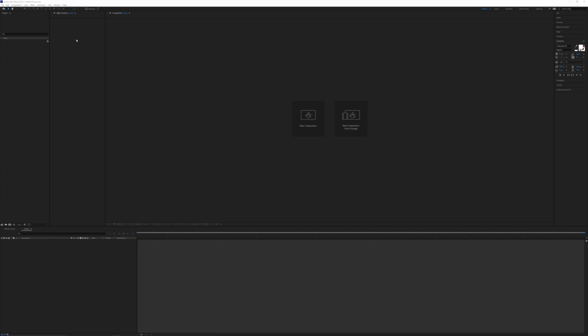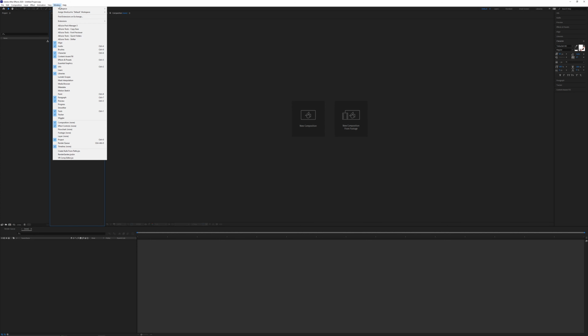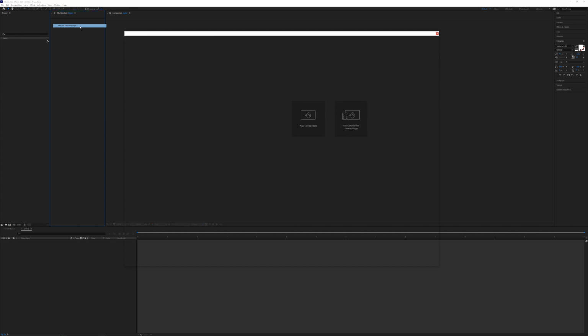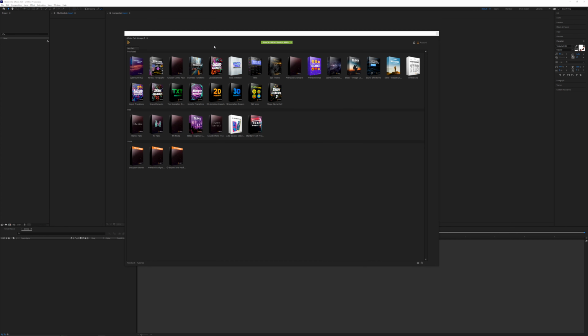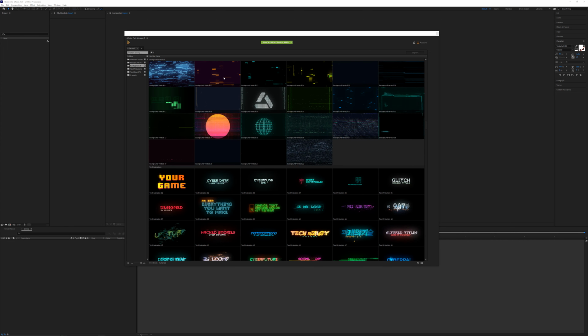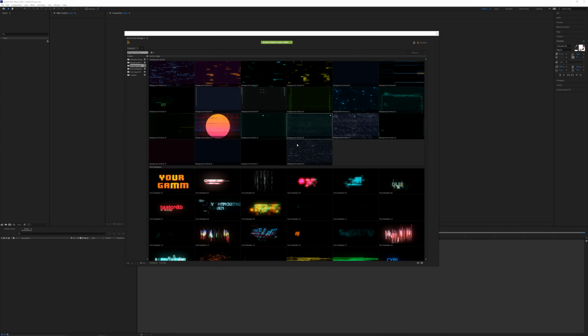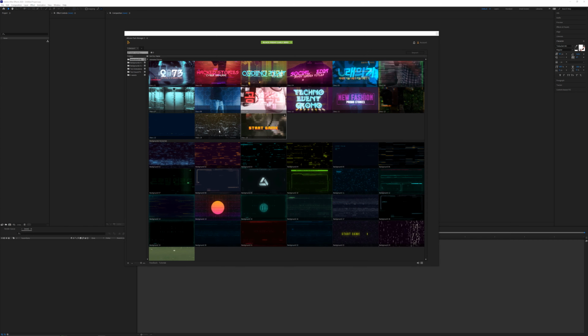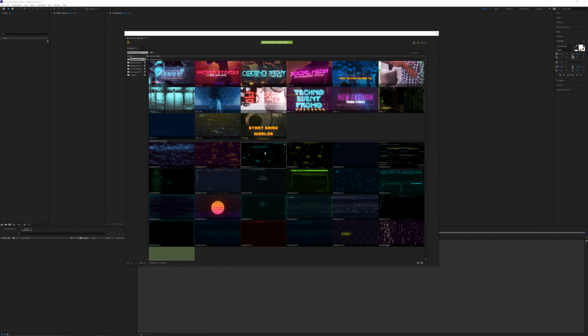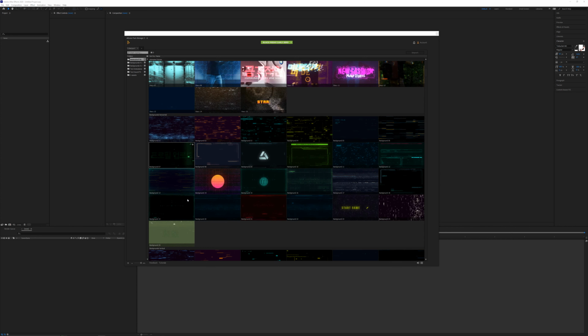Right, so once you have AE Juice installed, you'll go up to Window and then click on the AE Juice Pack Manager. So right away in the Pack Manager, you get to see all the different packs that you've purchased. And I have the I Want It All bundle, which pretty much includes everything that AE Juice has to offer. And what we're going to be looking at today is the Cyberpunk HUD, which is a collection of pretty cool presets for backgrounds and text logos as well. So the manager presents you with all the different presets, and it shows you a looped animation of each one, which is a nice feature as well.